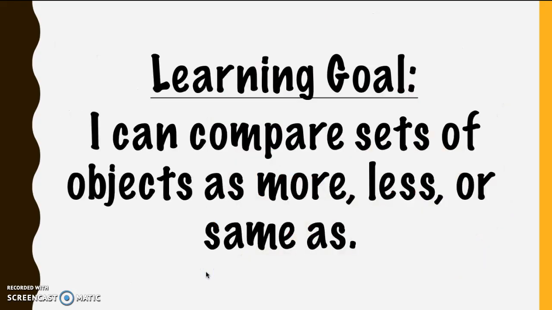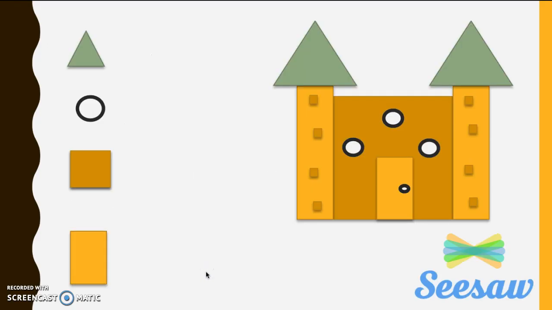What about, oh, I'm going to give you one in a minute. Our learning goal said I can compare sets of objects as more, less, or the same as, and that's exactly what we've been doing today. And friend, I have to say you're doing a fantastic job. So I'm going to give you this fancy castle that I made. Oh, yeah. All right, what I would like you to do is I can see that in the castle there